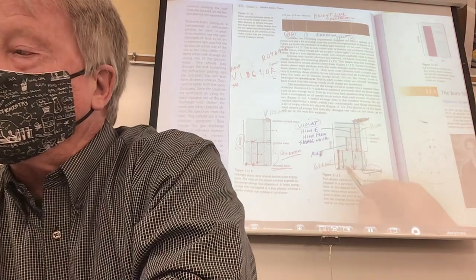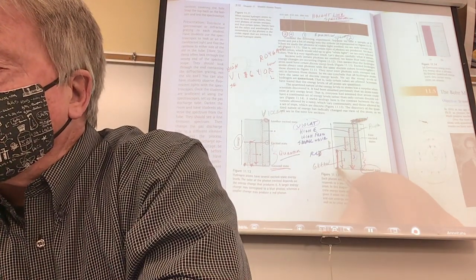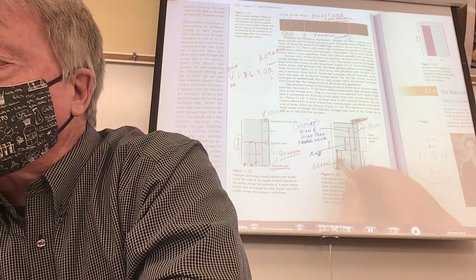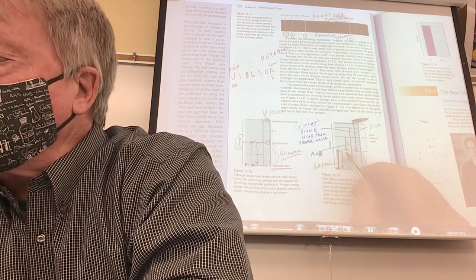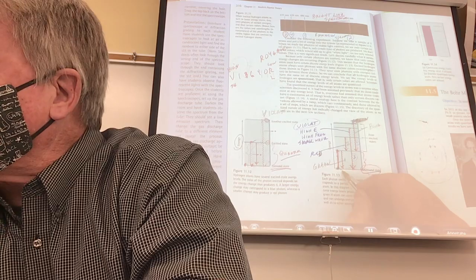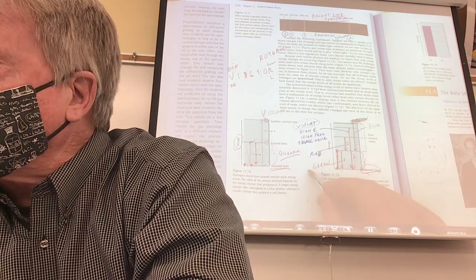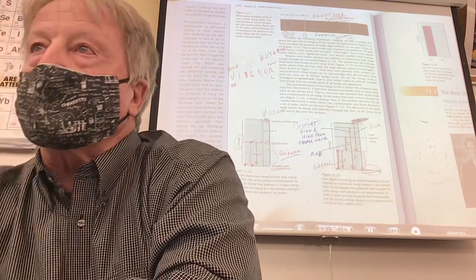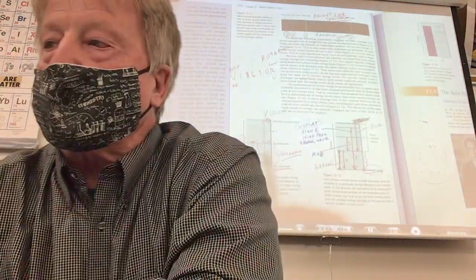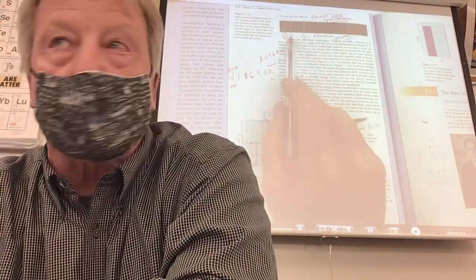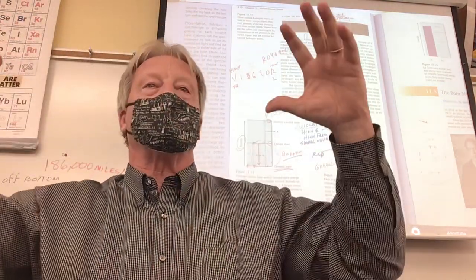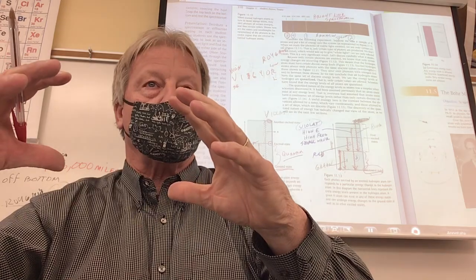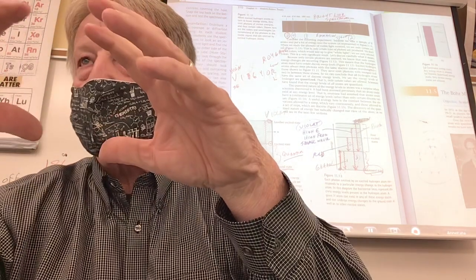So here's what you need to know. Here's one of the electrons, and when it absorbs energy, you won't see anything. But when it jumps back down to ground state, it has to release the energy. When it releases energy, it'll come in the form of a wave, and many times I'll see it in the form of a color. These lines came from electrons not absorbing energy, but releasing energy. Is this too far above your head?